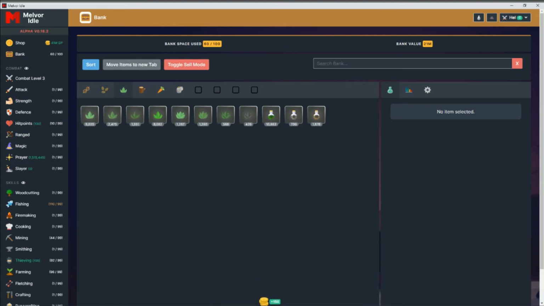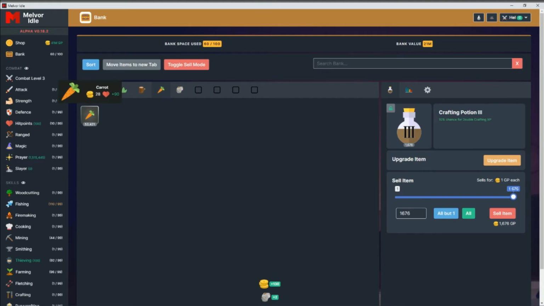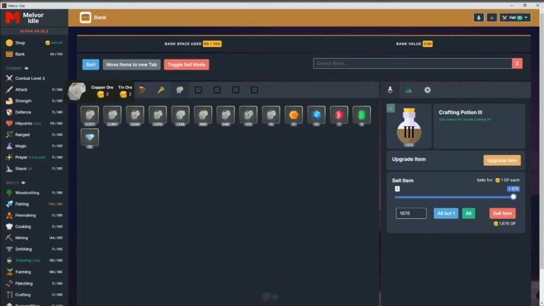In the herb tab, you can see we've continued to grind out potions. We are up to 10,863 of the Bird Nest Potion 3, working towards getting it to Tier 4. We have some Gentle Hands potions, which we're using right now while we thieve, and some crafting potions. We also have our herb stack stacking up. We also have 53,421 carrots now, and we have started this tab because we have started thieving from the miner